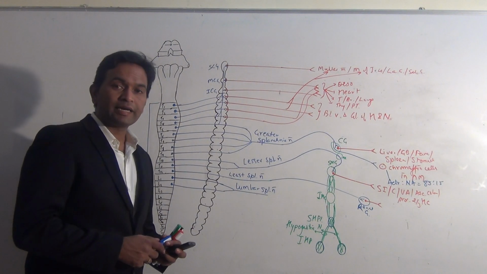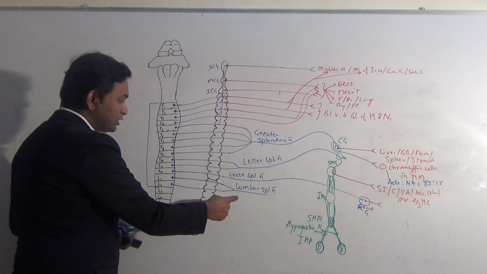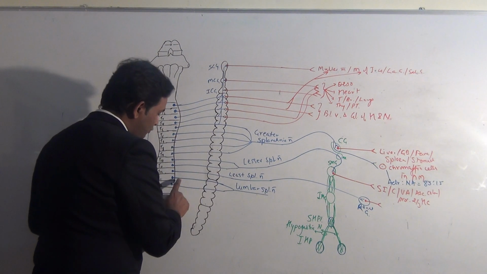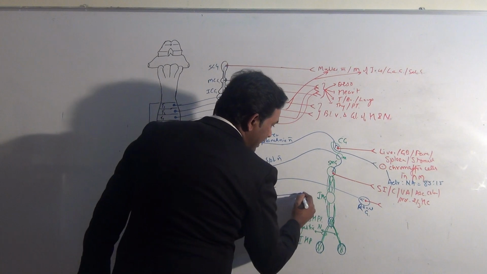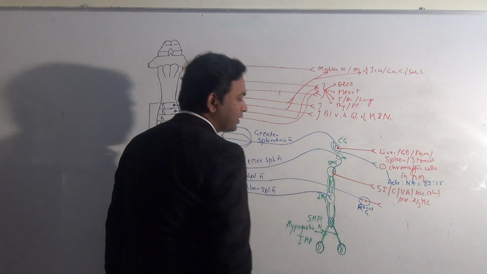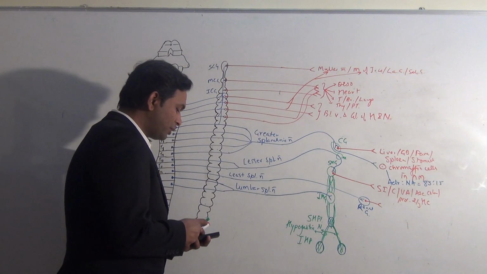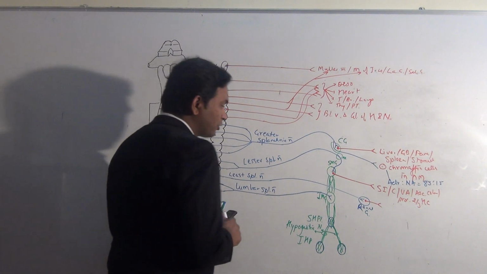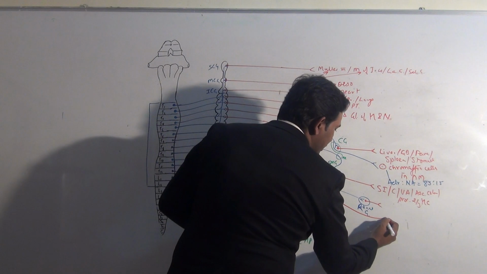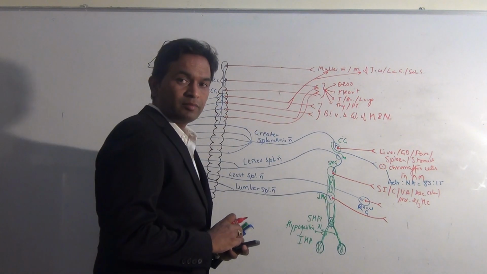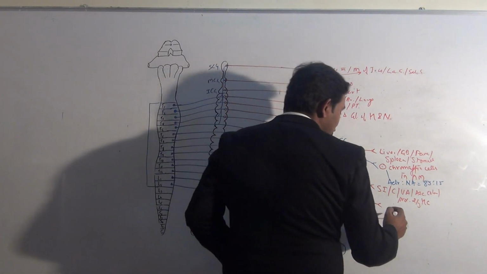Now the lumbar splanchnic nerve, which is made up of preganglionic neurons from L1 and L2, will end in the inferior mesenteric ganglia. From here, the postganglionic neurons will arise, and these will supply the territory of the inferior mesenteric artery, which includes